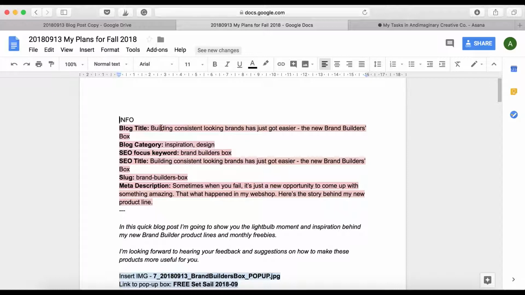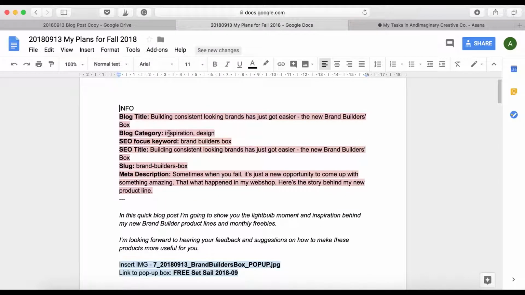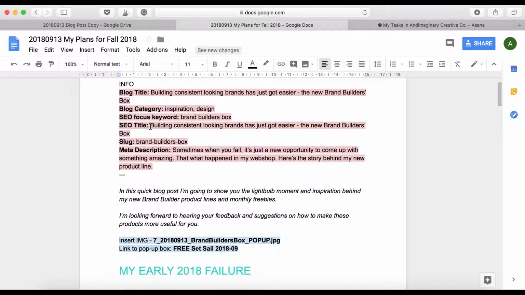This is the title that needs to go into WordPress. This is the category where the blog goes, the SEO focus keyword that she can set in the Yoast SEO plugin, the title for SEO, and the slug. This is really important because this way I will know what the URL will be for that blog post before it goes live. So for this blog post, my URL will be